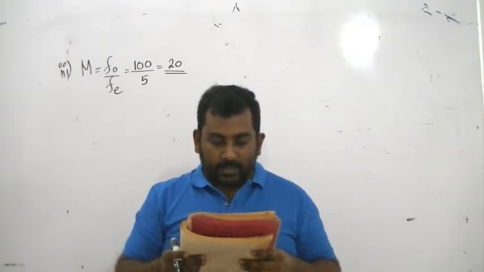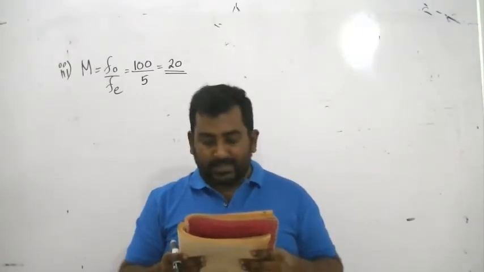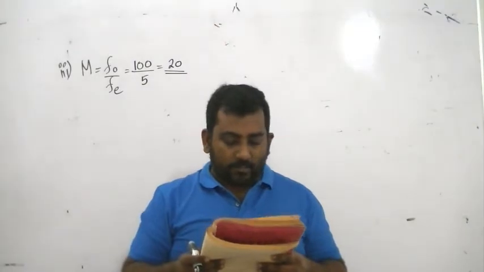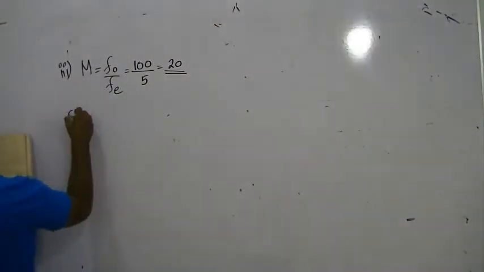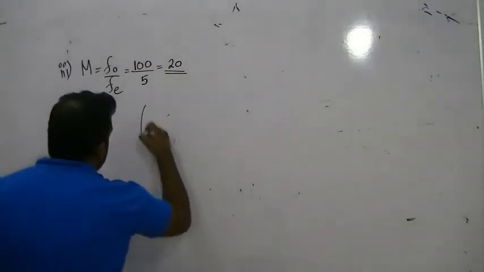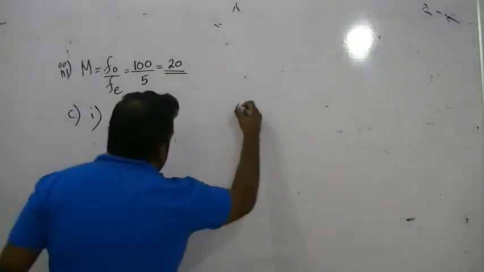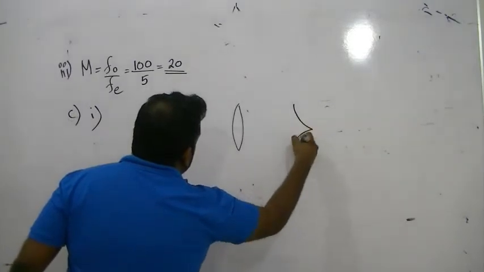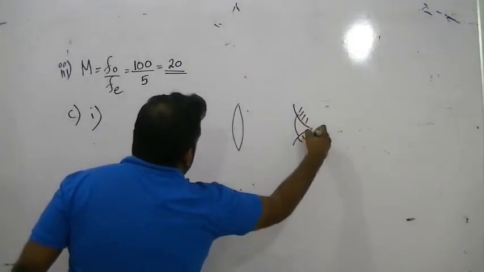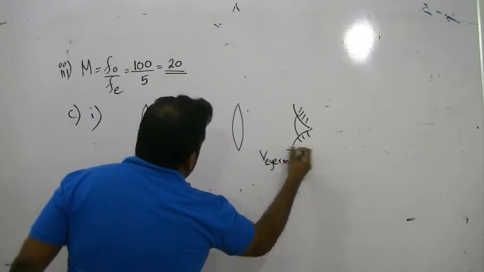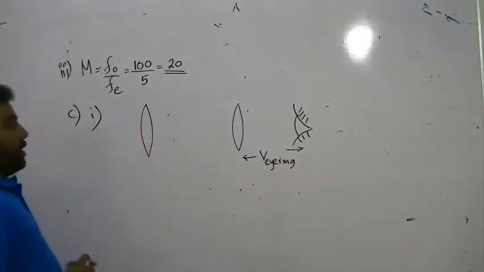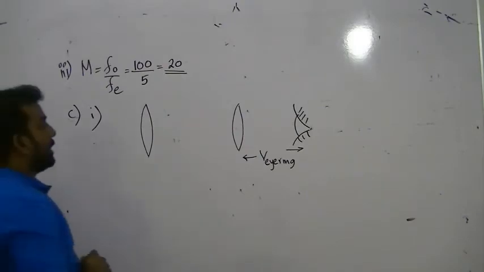Right. Part C, Roman mark. Calculate the distance between the eyepiece and the best position to place the eye when viewing a distant object in the above mentioned normal adjustment. Right. What do you mean by this best position? Look at the board carefully. Best position means the eye ring. You call that the eye ring.